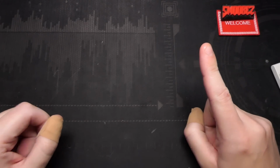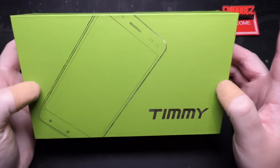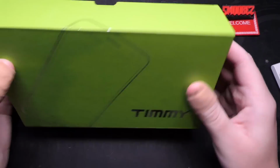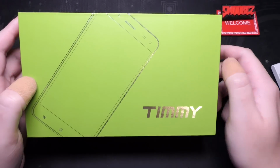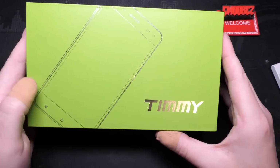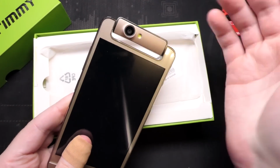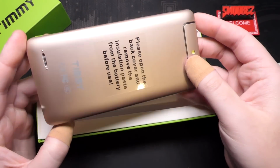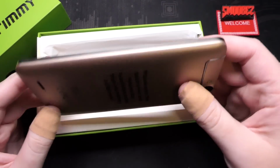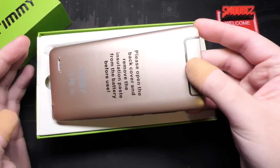Amazing. Before we look at the Droid Swivel, I looked at this thing many years ago. This is the TIMMY M9. Is it the Pro version or is it just the normal version? I'm not too sure. It's just M9. The video that I published years ago for this is absolutely garbage. Don't watch it because it's horrible. If you would like me to review this one again, I'm more than happy to, because this was the first phone that I came across that had a flippy camera like so, and I never tore this down, never taken it apart. I just basically did a really shitty quick review of it, and so I dug it out of my cupboard of weird phones and had a look at it and went, this would be kind of interesting to look back on. So if you want to see that, let me know and I can do it after this video,